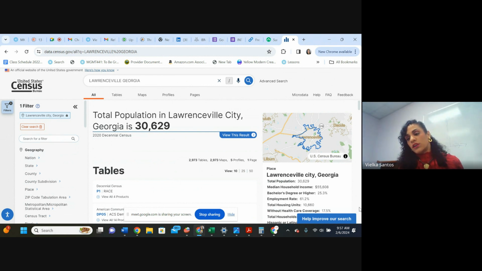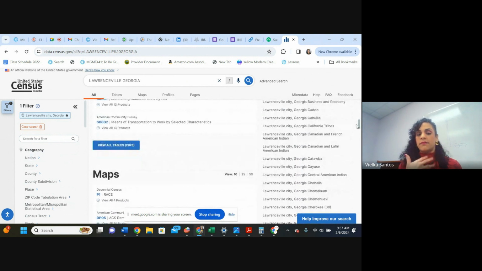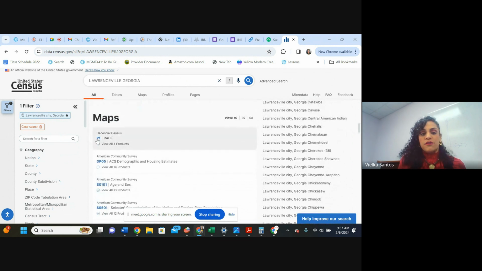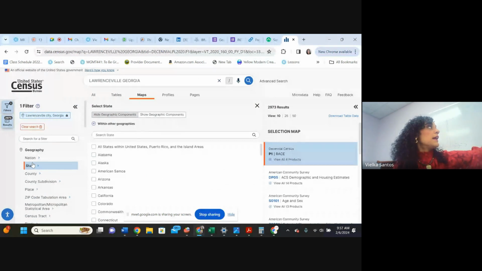And it can let you understand the population that you are serving, okay? Any kind of project that you have. It's just research, like the class is about research, right? So once you are in the Census Bureau and you write what kind of population you are interested in, it's going to let you see more valuable data about this community here. Census Bureau, don't forget.